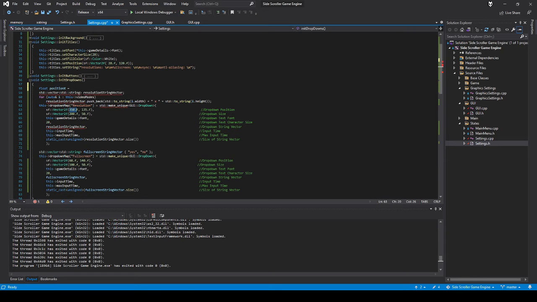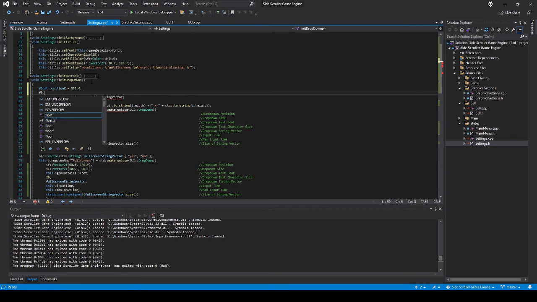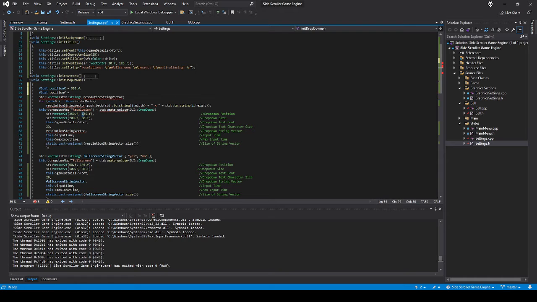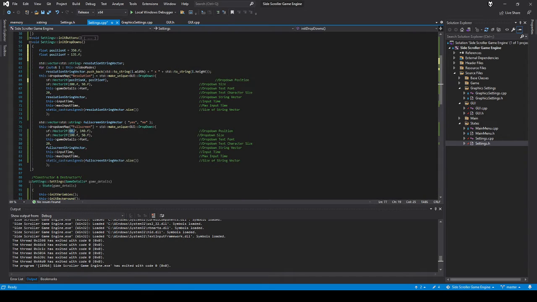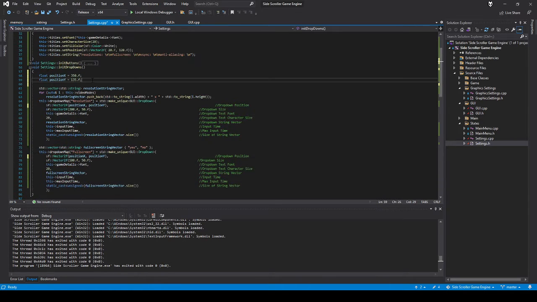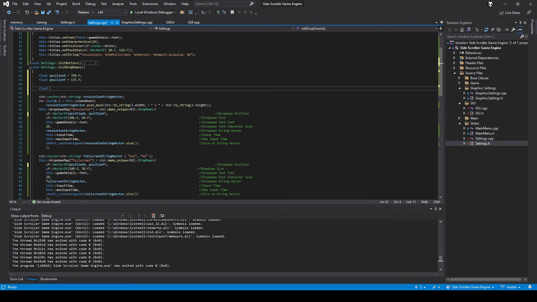equals this. Float position y equals this initially. And then I'm just going to put this in here. And I'm going to put this in here. And I'm going to put this in here as well. And also, oops, not there. Here. And then I'm going to put this in here as well. And then we'll just add to the y here. All right. And then we'll do float